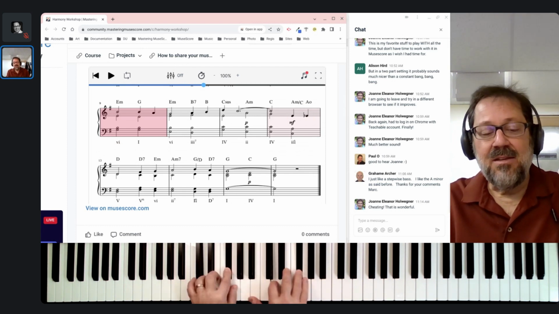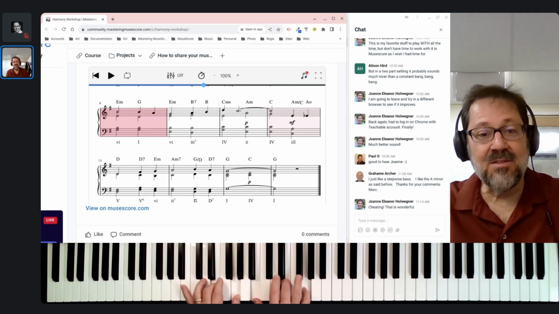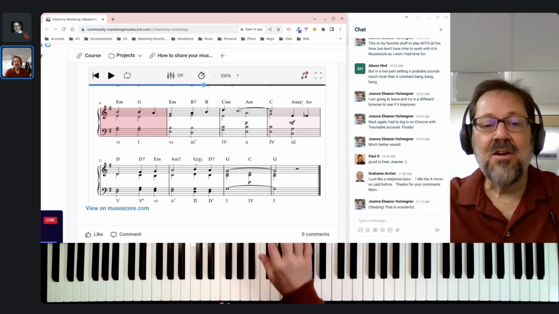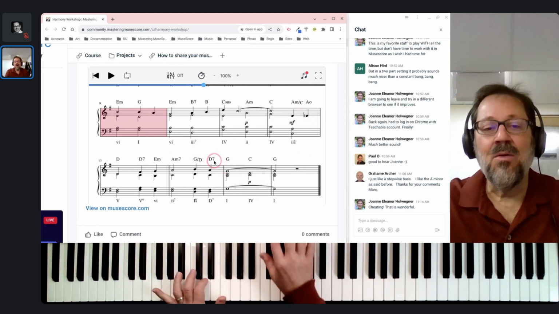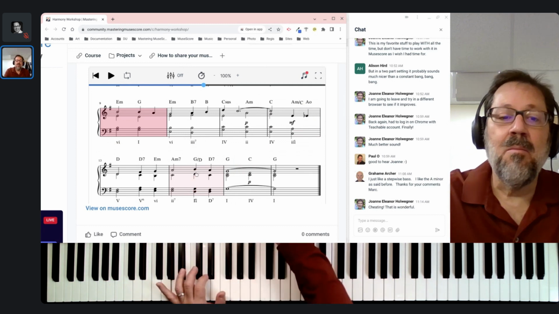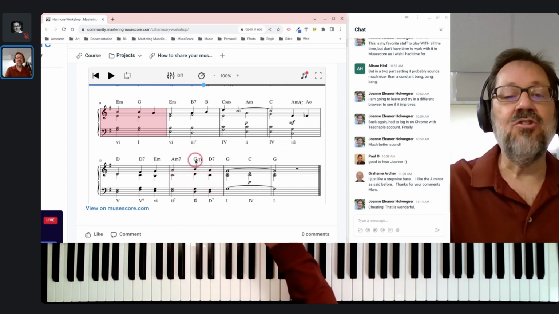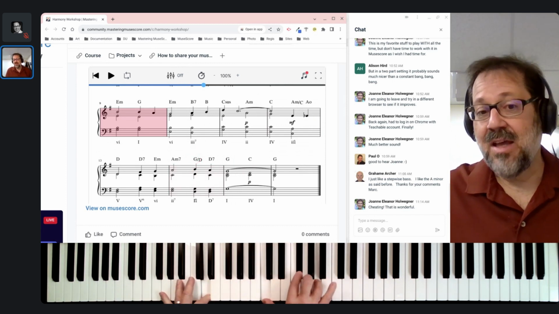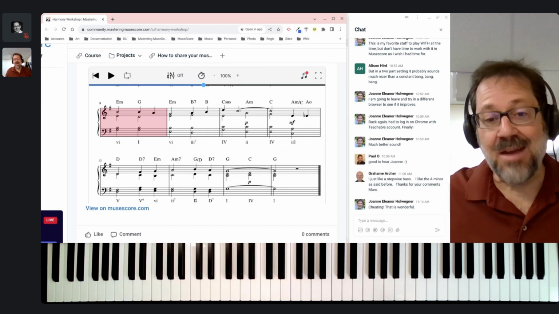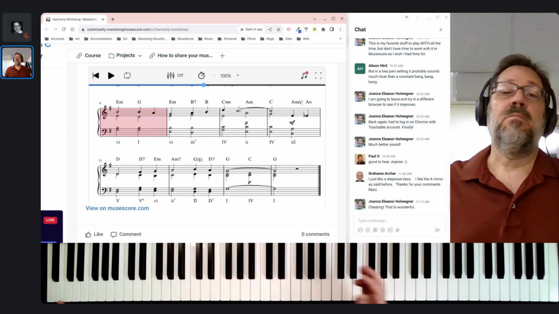So D going to a deceptive resolution to 6, 5 to 6, and then 2, and then our fancy 5. And so she has done this exact situation where I talked about our cadence is basically 5 to 1 in the chords, but we have the melody going 3, 2, 1. That's going to happen over and over again, and she has chosen this fancification, the 1, 6, 4 to 5 to 1. So that absolutely positively works. 2, fancy 5, 1. So beautiful.